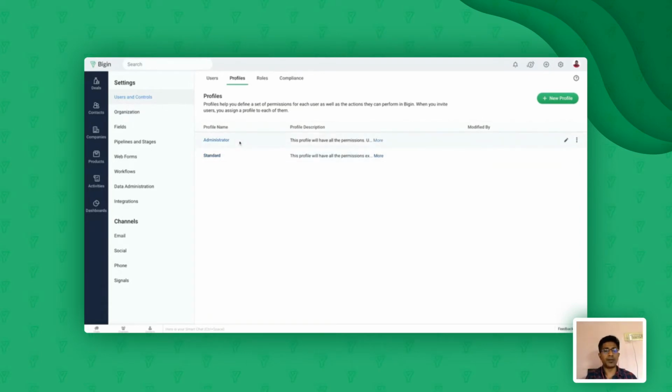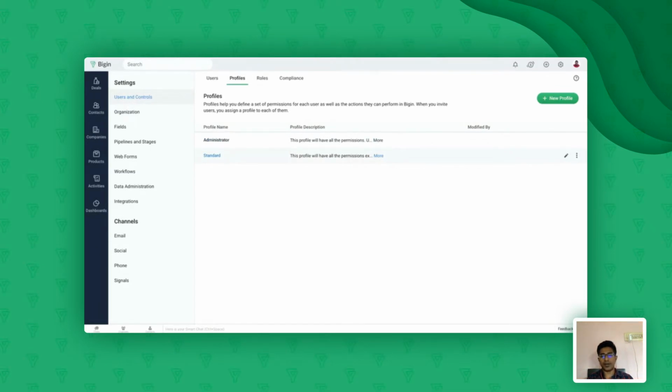By default, administrators will be able to do everything in Bigin, so they can view all the records irrespective of what role they are in. They can view everything. They can change or customize almost everything in the CRM if they are an administrator. The standard profile, as I said, is a restricted one.